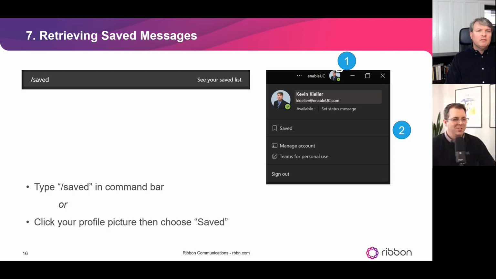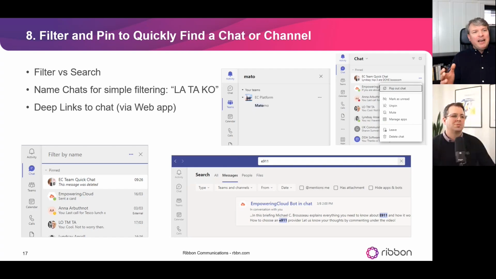And finding that saved items is an interesting thing. Everybody sees where they can press saved on the message. I think it's a slightly unusual positioning that it's under the profile. So when you know where it is, that's really handy. Or use that command, tip number 1, type in the command, saved. Yeah. So I am the nerd about this one because it doesn't feel like a very exciting, sexy tip, but